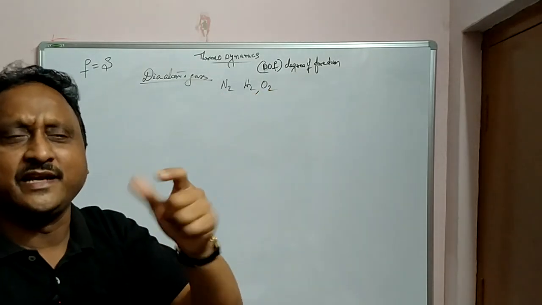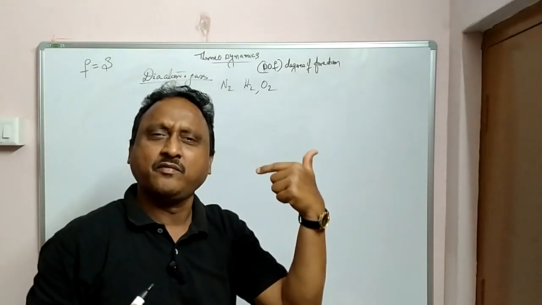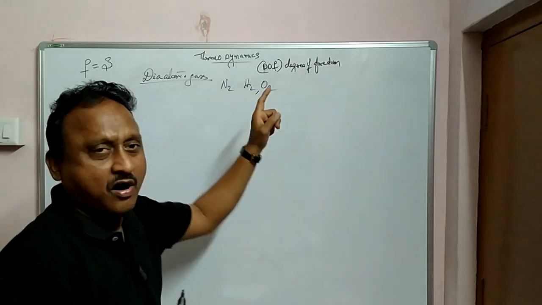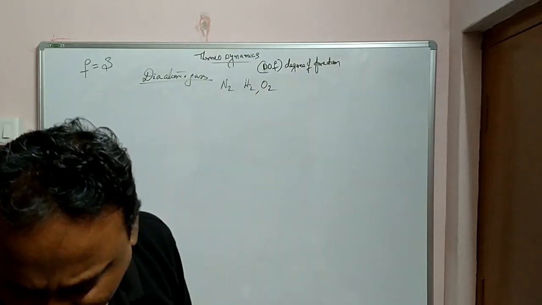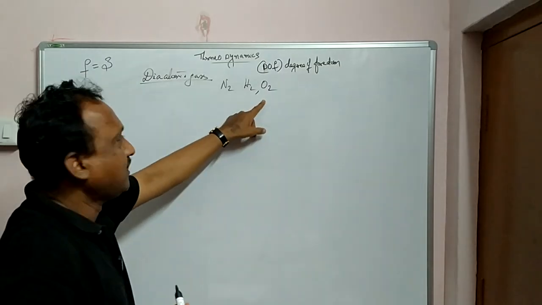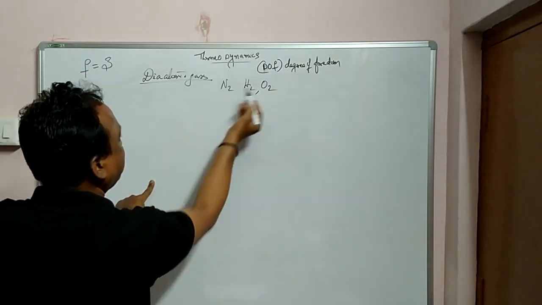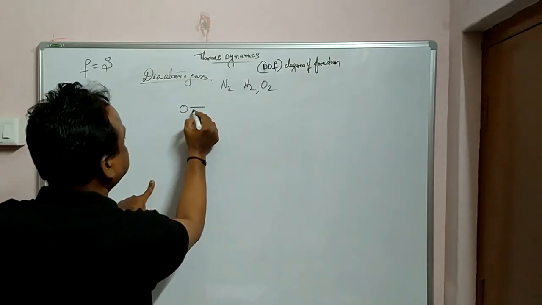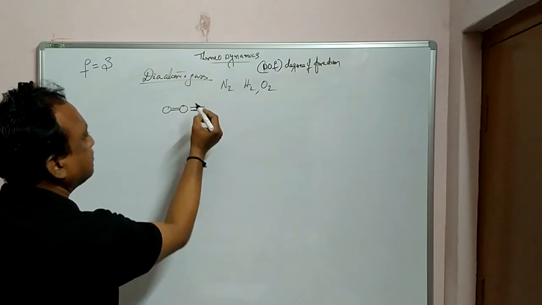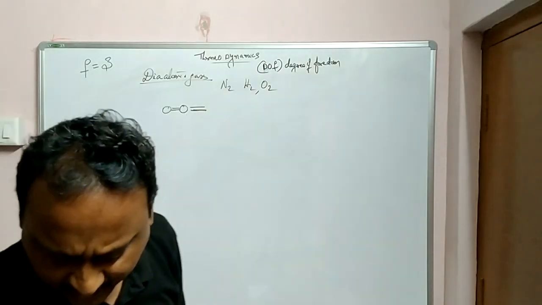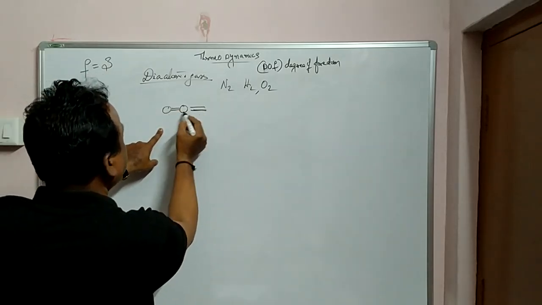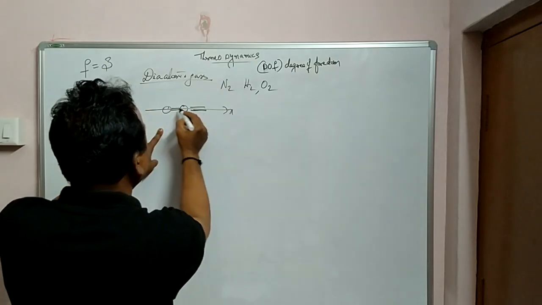Why am I taking molecule here? It is not a single atom here. Earlier, in monoatomic, we took a single atom. Now it is a molecule. Nitrogen, hydrogen, oxygen. For example, if you take these molecules and observe the phenomenon here, for example you take oxygen. If you take oxygen, you can observe this is the molecule of oxygen. It is x direction, y direction,